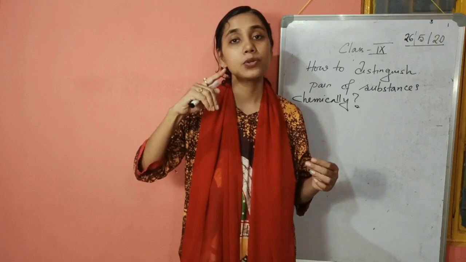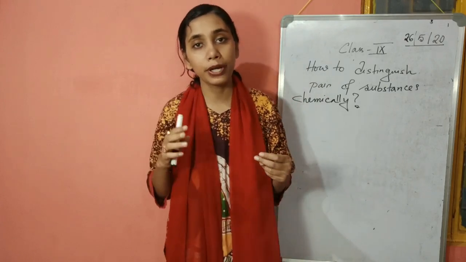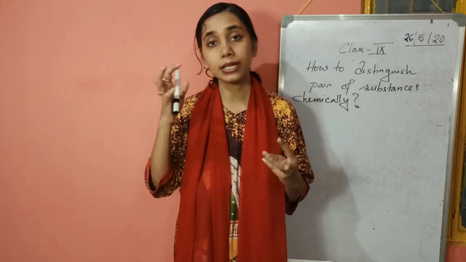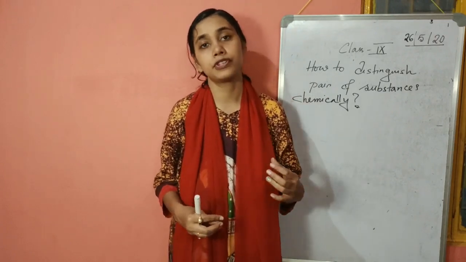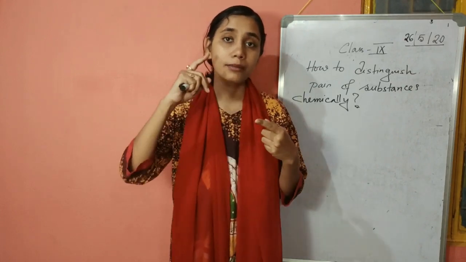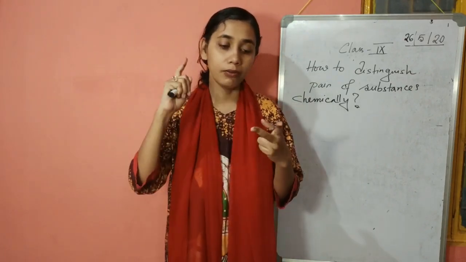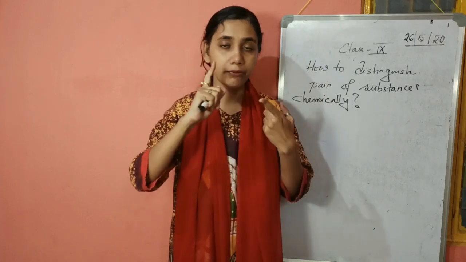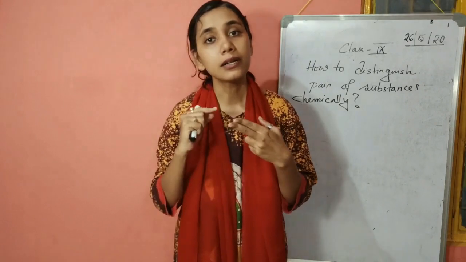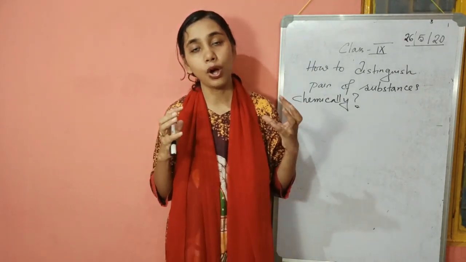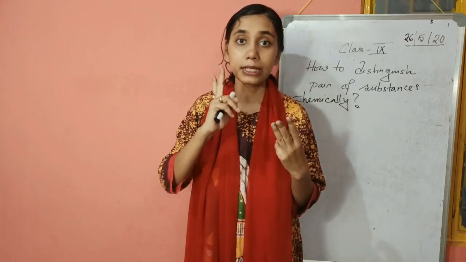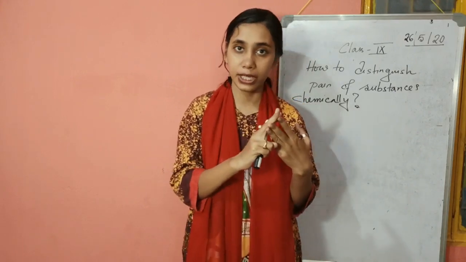So whenever you are distinguishing chemically, the points on which the marks are given, that means when a teacher is correcting your answer to this type of question, three points a teacher checks. First point is the method, whether you are heating or whether you are applying a reagent. The first point is that there has to be a correct method. Second is the observation, the positive observation. And third is the negative observation or the negative test.